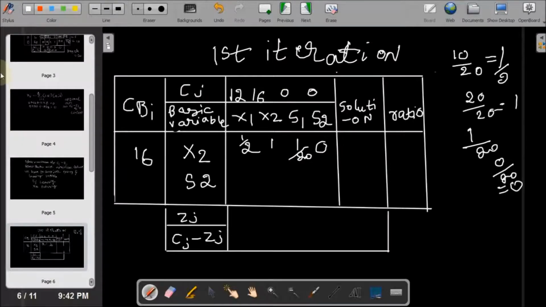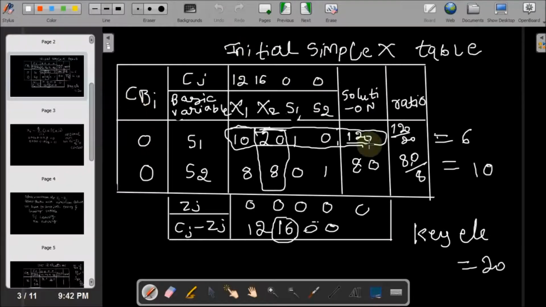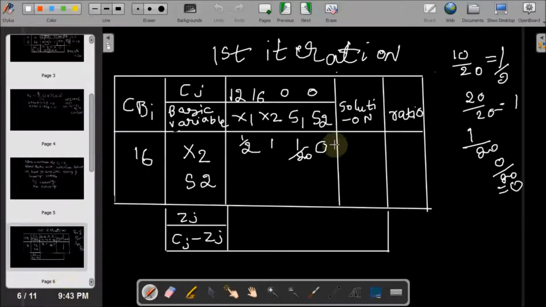120 by 20. See here. So 120 by 20 is 6. Now I am dividing. Don't get confused, it is not a ratio. The solution value will change. 120 by 20. What is the key element? 20. So 120 by 20. My solution value will become what? 6. Getting, guys? How I found out the new